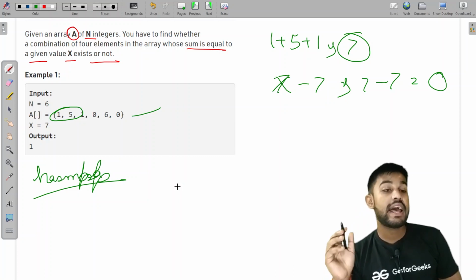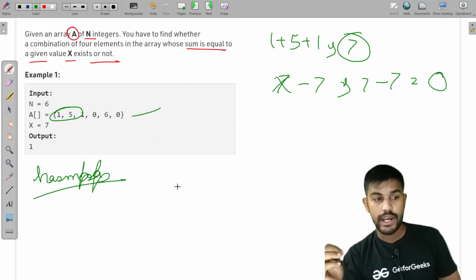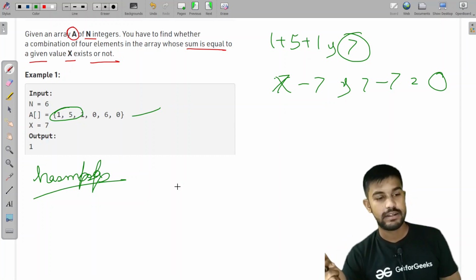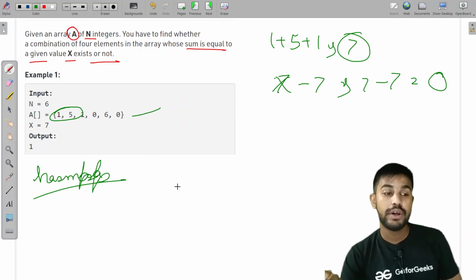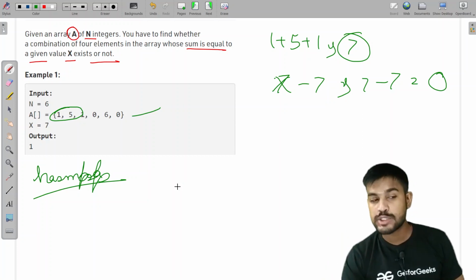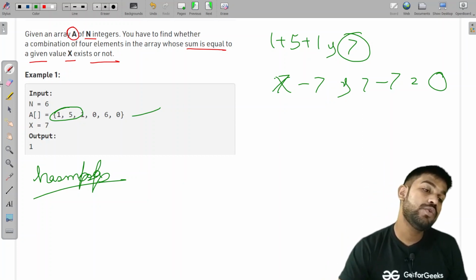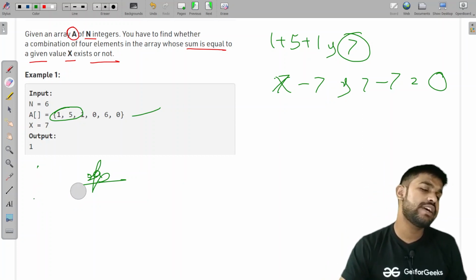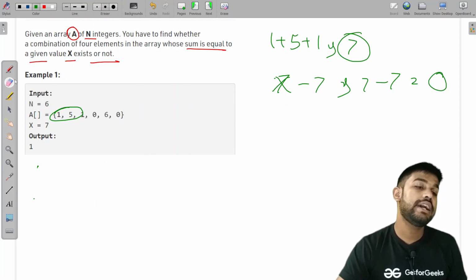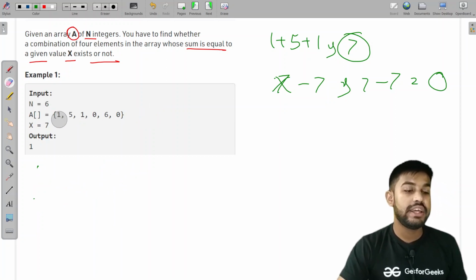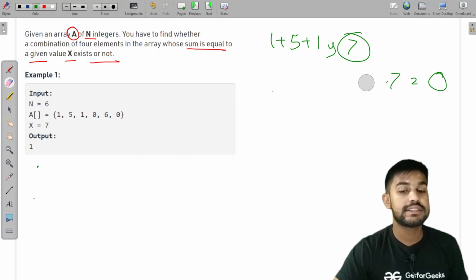But here an additional data structure is required, and we want to skip that. We want to optimize it more. We don't want to use that extra space. Now how can we do that without using an extra space as well as a data structure? Doing that is very easy, but before this let us discuss another thing.